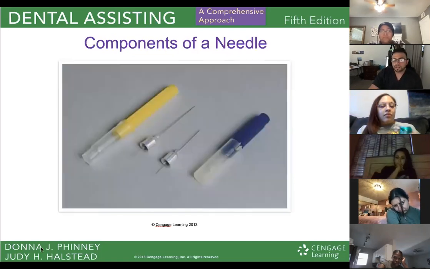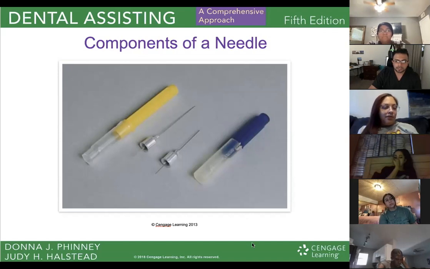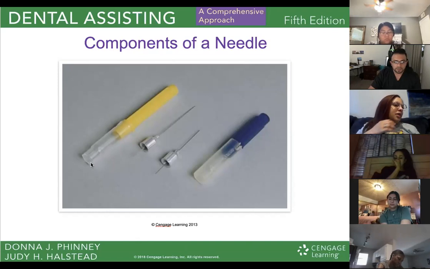Now, this is what basically a needle looks like. And so there's different types of needles that we use. A short needle is this blue needle here. This one is 1 inch long, and it's used for infiltrations and field blocks. It can also be used for a periodontal ligament injection. This longer one here is 1 5/8 inches long. This is used for nerve blocks,